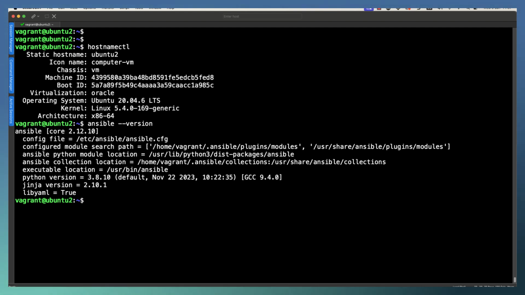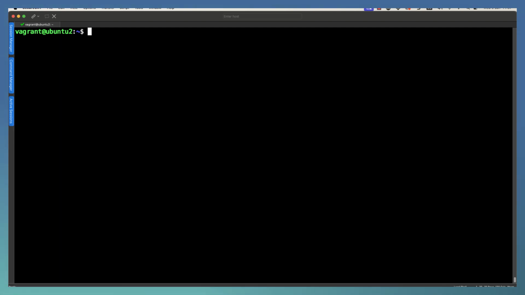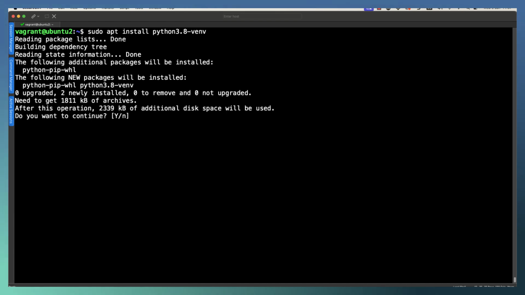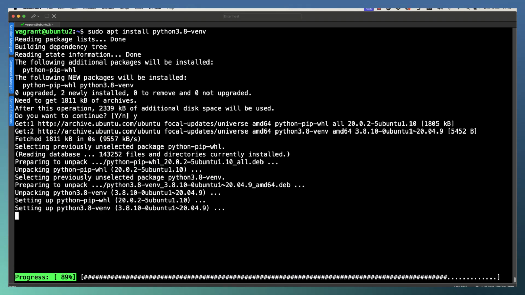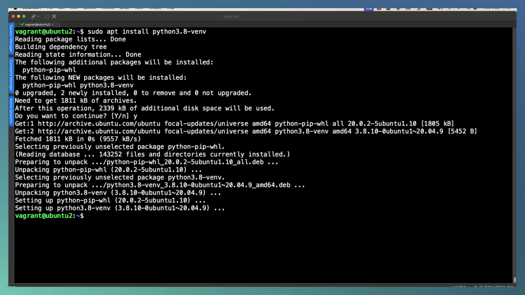With our later versions of Ansible, when we refer to modules within our playbook, we need to reference them by their collection name, the full name. But that's not the case in earlier versions. So we're going to see what happens when we deal with multiple versions of Ansible. And to help do this on the one machine, if we set up a Python virtual environment, we're going to be able to install a completely separate version of Ansible inside of our virtual environment. So let's set up the module that we need to be able to do that.